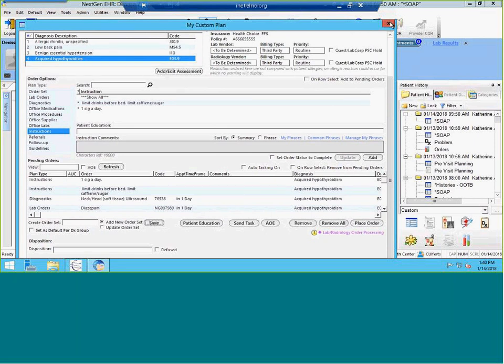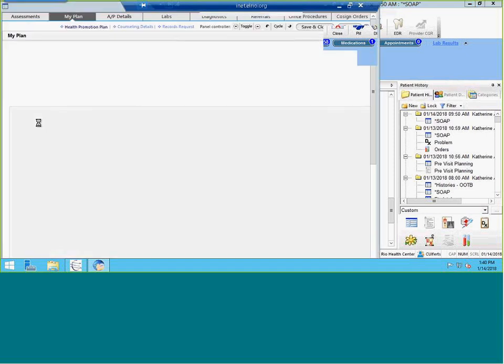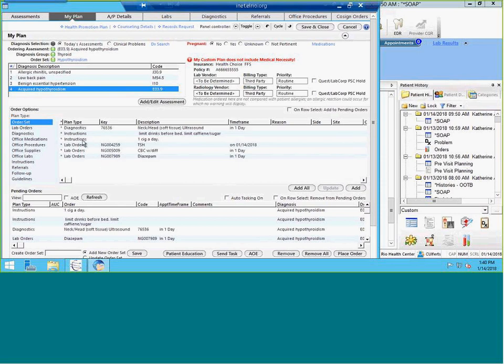Once you develop your own order set, if you go and come back in, I'm going to come back into my plan. I'm going to go back to that diagnosis. It knows that this is the one I built, so it's going to default the ones you build before it's going to default any others. So if I go to my order set, I'm going to see the order set that I built. And I said, that's perfect. That's exactly what I'm going to do when I have the hypothyroidism. And then I can come down,